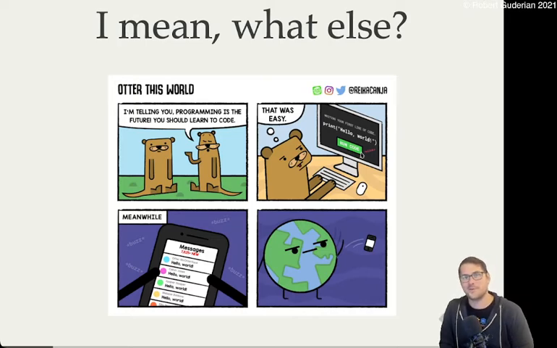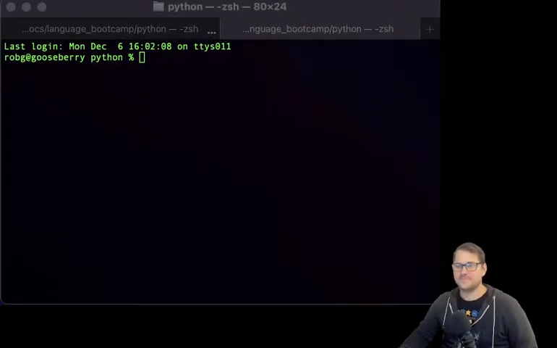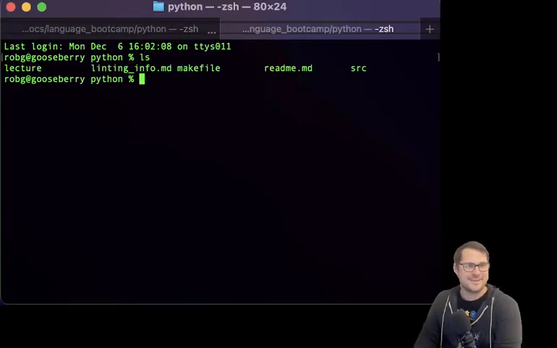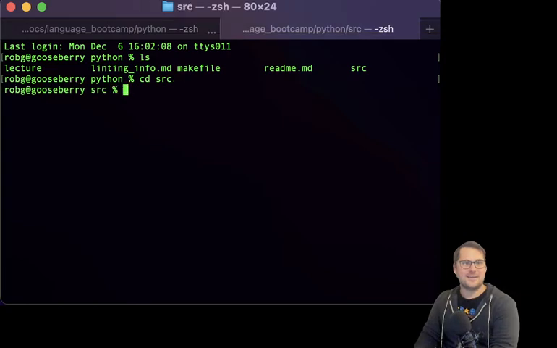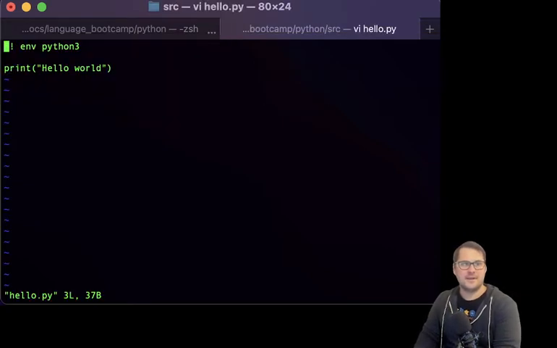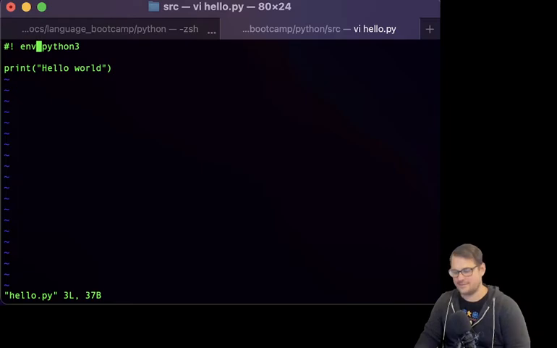So, let's start with Hello World. It's really easy. It's stunningly easy, actually. Do I actually have one here? I might not. I don't think I do. Let's do this. No, I do. This is the fanciest version. Print Hello World. But I also have this thing going on up here, and Python 3, which will find Python